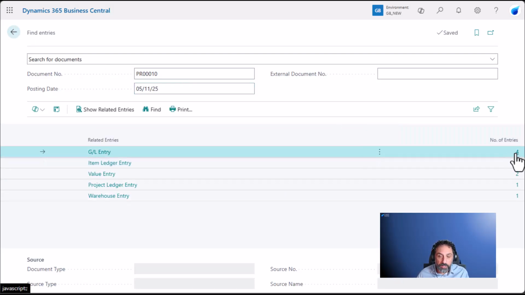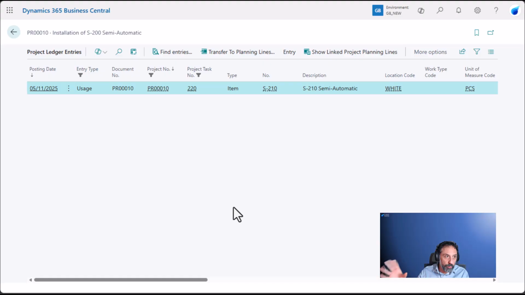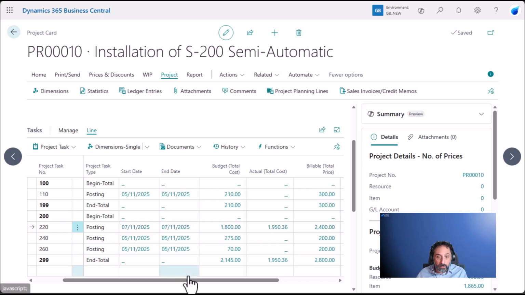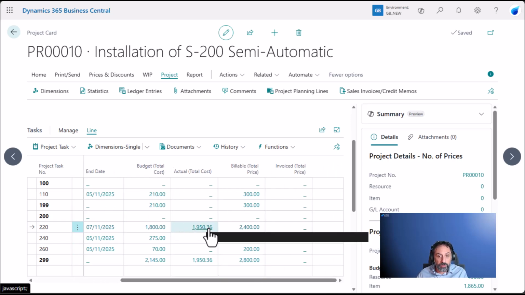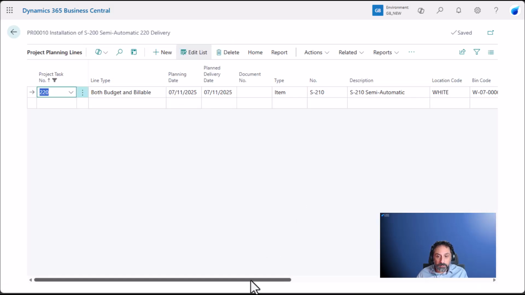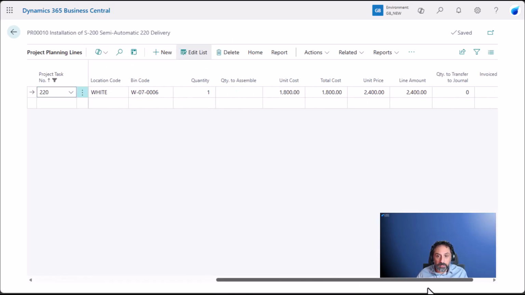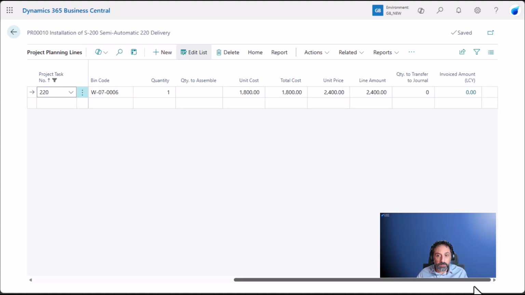And here we have all the entries in terms of inventory expense, a work in progress. But again, the accounting side of what we're doing here is quite complex, and it's not something that we're going to discuss today. As a project manager now, I just need to see I have the costs here, but billable shows with an amount, and the invoice total is 0. If I look at the project planning lines, now the system will tell me that it's now time to